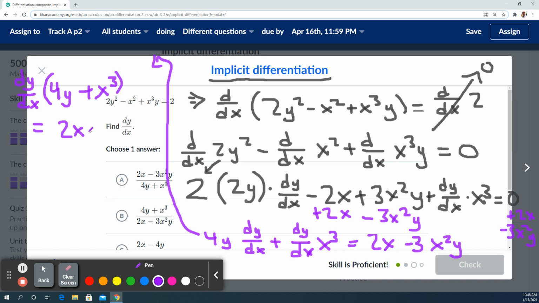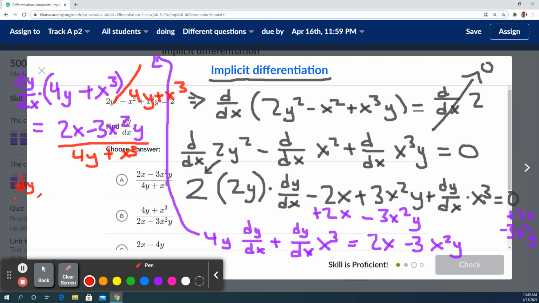All right, 2x minus 3x squared y. All right, and then we want to divide out. We want to get dy/dx by itself. So that's a times 4y plus x cubed. So I'm going to divide that by both sides. Divide the left side by 4y plus x cubed. Divide the right side by 4y plus x cubed. So now I have dy/dx is equal to 2x minus 3x squared y over